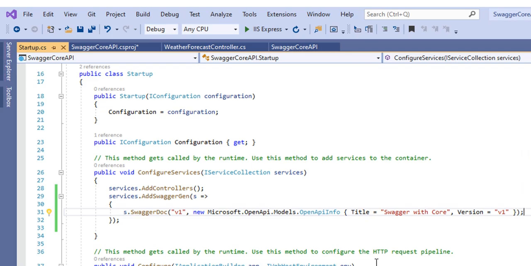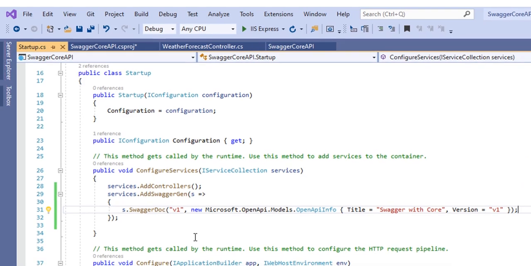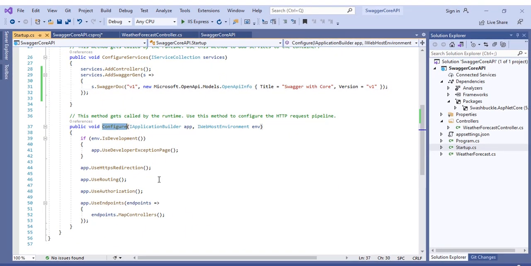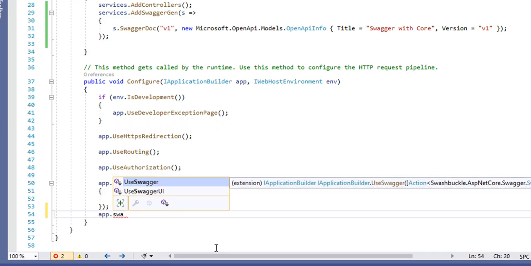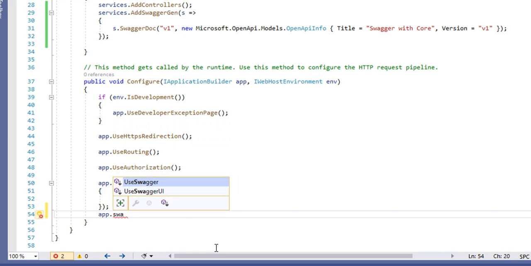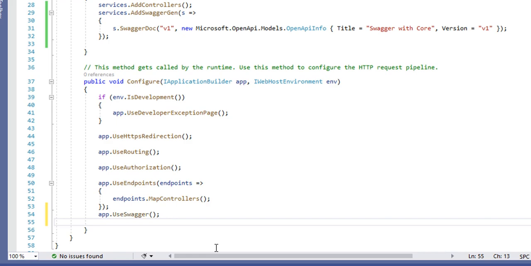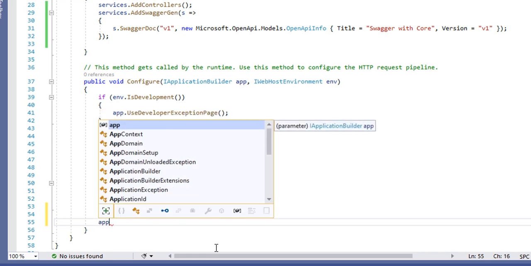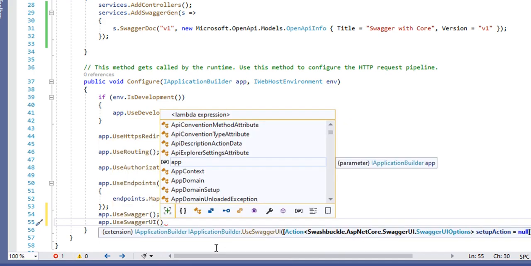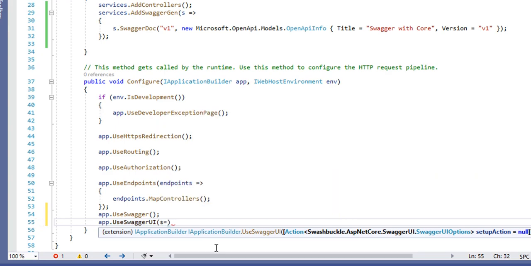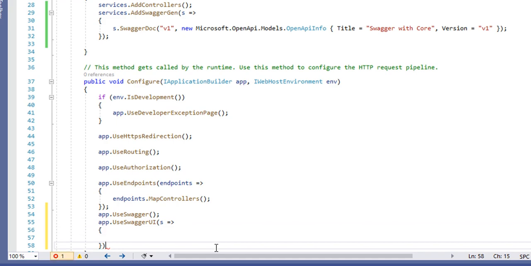One more important configuration that we need to do is to go to the Configure method, and here we need to add app.UseSwagger, and after that we need to use another method called app.UseSwaggerUI, and again it will take a parameter, let's say s.